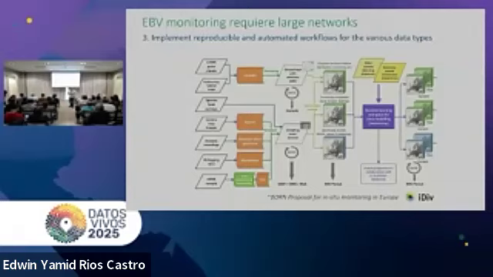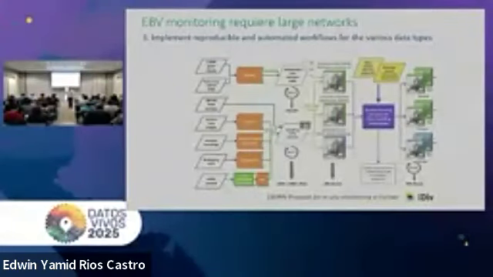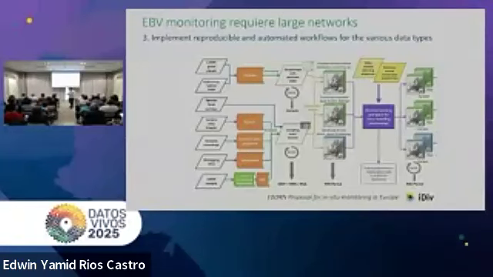And finally, there is a third important component, and this shows the complexity, which is developing workflows for monitoring each of the essential biodiversity variables. This is an effort that we made in a recent proposal to the European Commission for developing an in-situ monitoring system across Europe, taking all the different types of in-situ data and grouping them into workflows that can then be used to derive or monitor essential biodiversity variables. I'm not going to go through all those details, but basically, this session would like to get some learnings about each of those three main components.